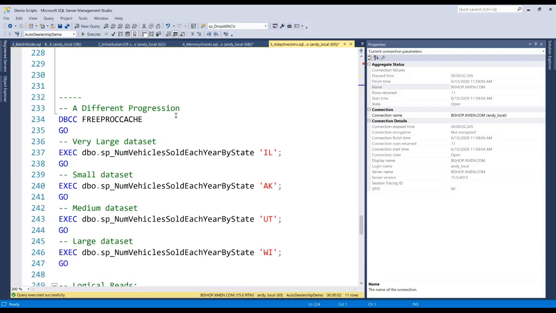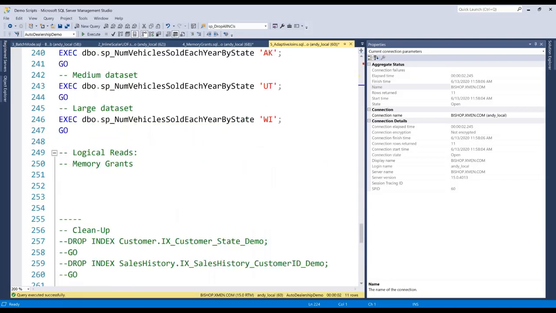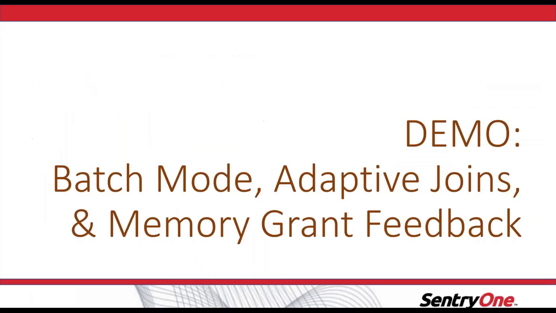So this is a different type of example. I'm not going to go through it right here, but I'm basically bouncing between large and small data sets, and you can experiment with that. Okay. So with that,